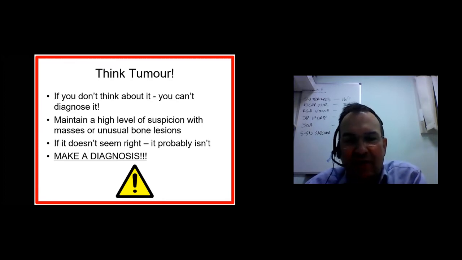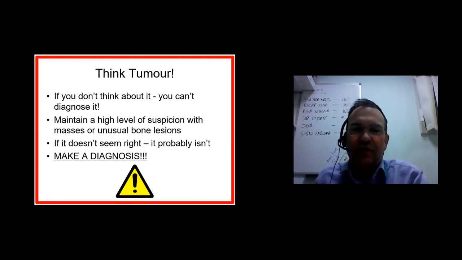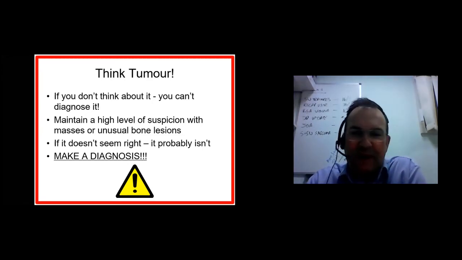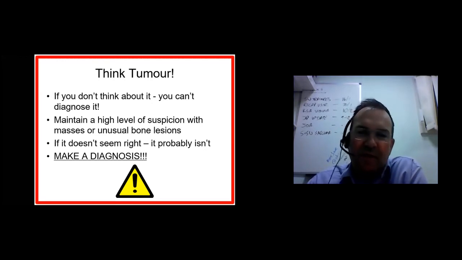And the guidance from the Royal College now is that all of the candidates should see something to do with tumor at some point during the FRCS, because it's just so important that you don't miss it. This is something you might see in the fracture clinic, something you might see in your general orthopedic clinic, and all of us, no matter where we're working, will see at least 1 or 2 primary bone tumors during our